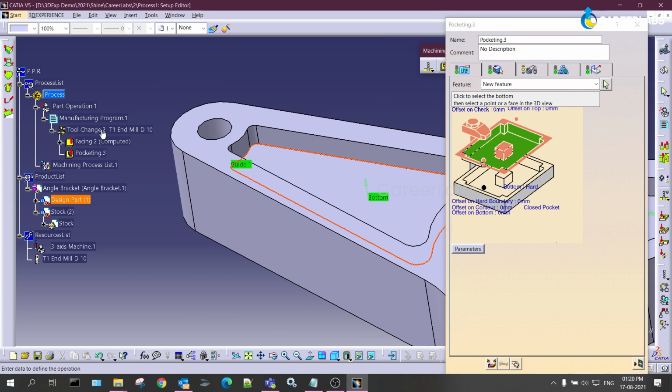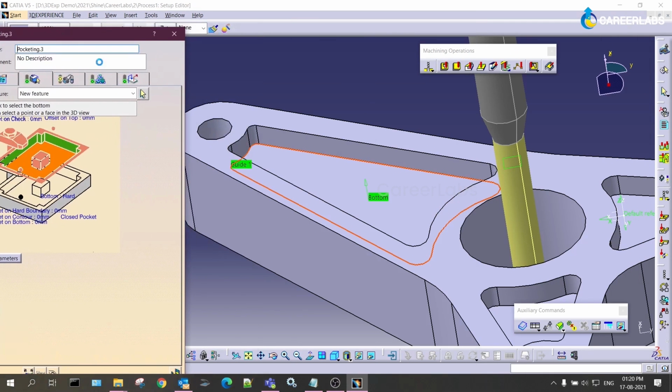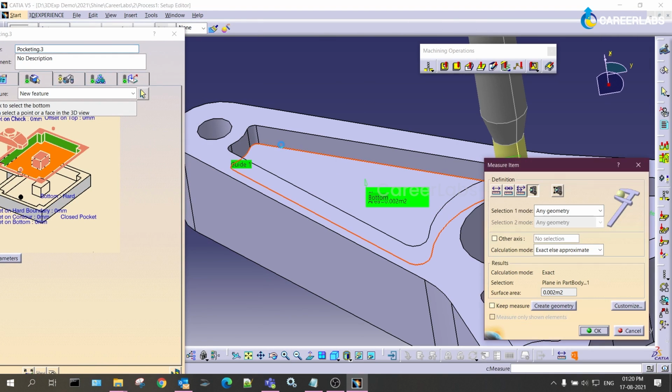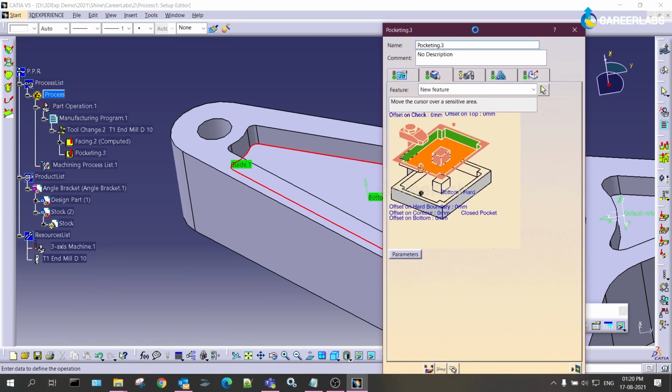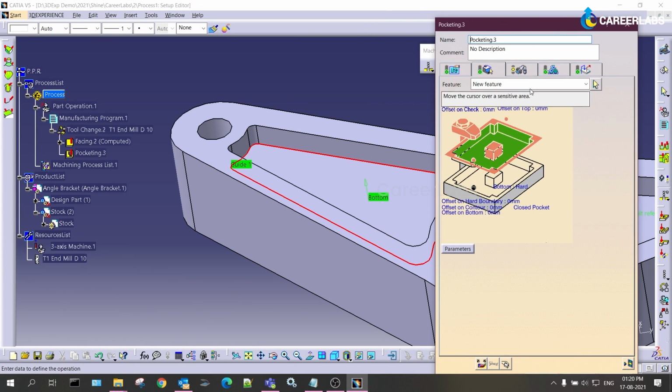When you observe here, the earlier tool which I have used is an end mill with diameter 10, but I want to change the tool because the diameter of this corner is 4 mm. The 2 mm radius with 4 mm diameter, which we have to call as per the requirement.